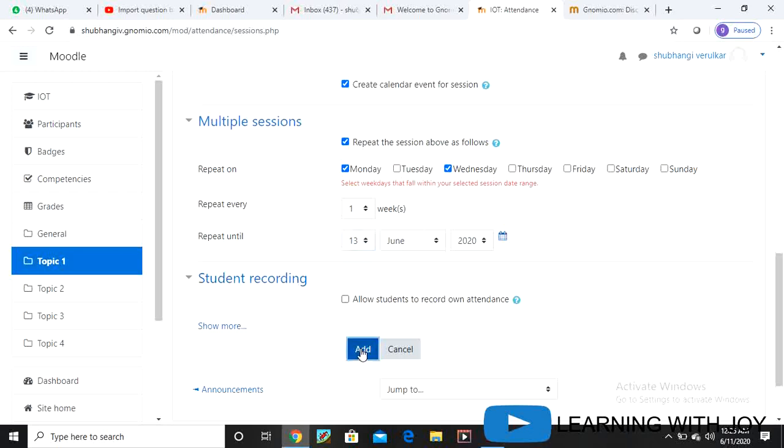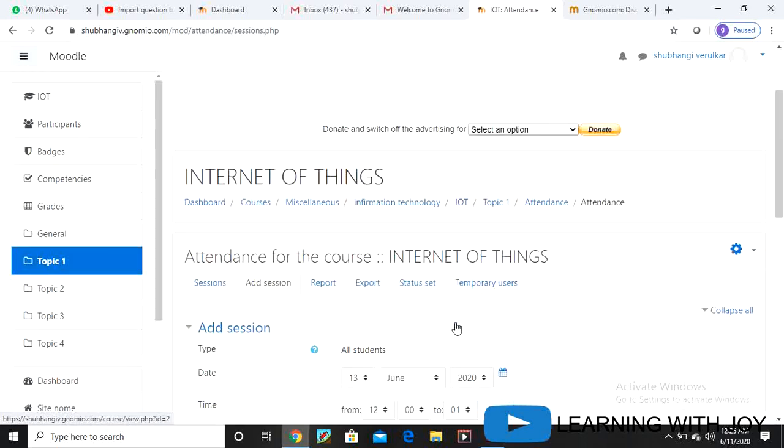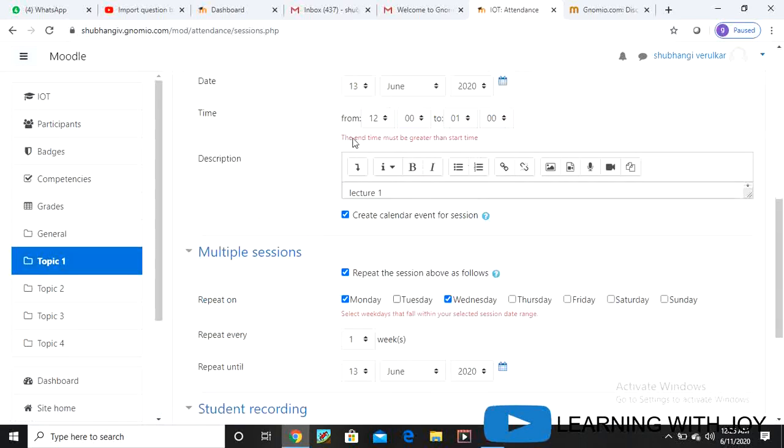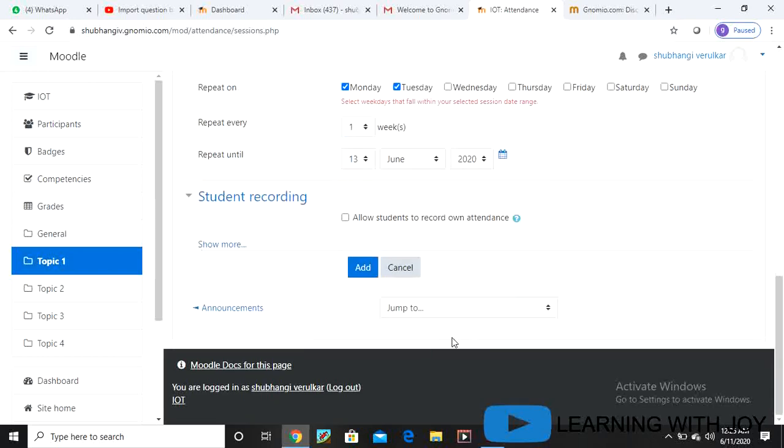Select as calendar, and everything is related with your course, so end time must be greater than start time. So we have started from this, and you should see we have started on 12, it should end on. Select the days that will fall within the session dates. As we have set a date, so 2 only.